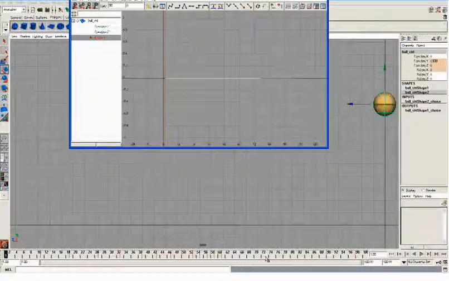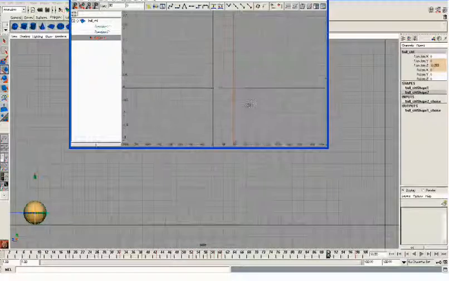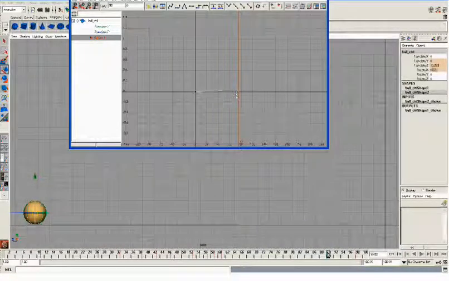So let's go to the last key that we have here, and we can see the changes, how much rotation is coming out. So let's move it.